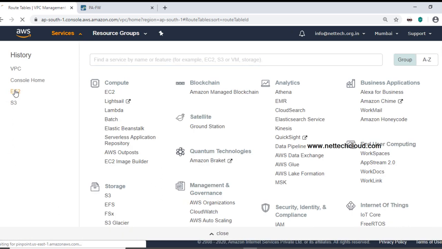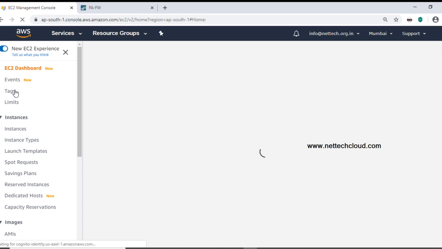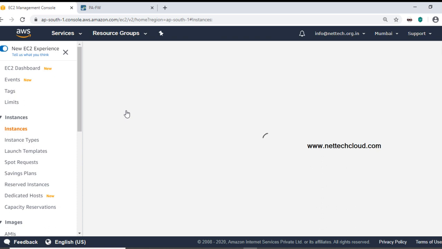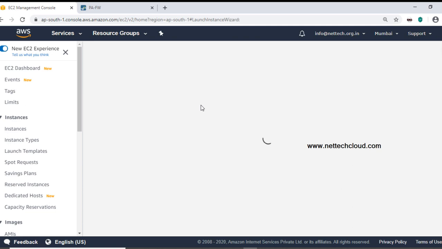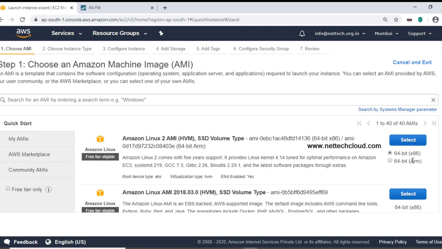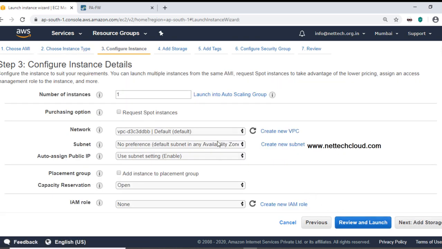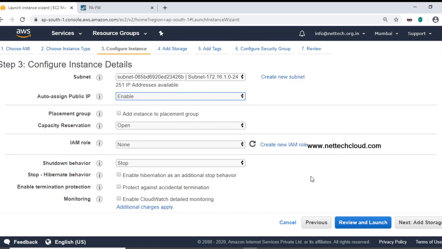And then launch EC2. I'm going to launch a Linux machine here just for testing purposes. In the instance details, select the VPC and subnet here. Auto-assign public IP, yes, enable.